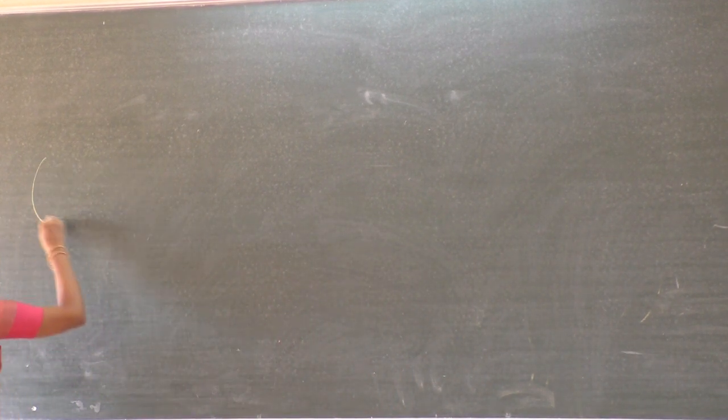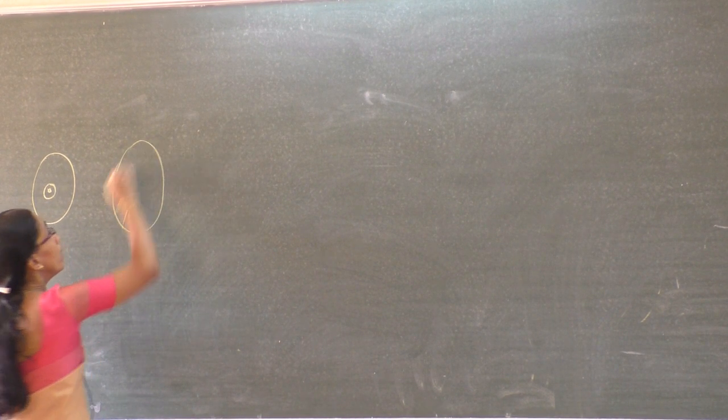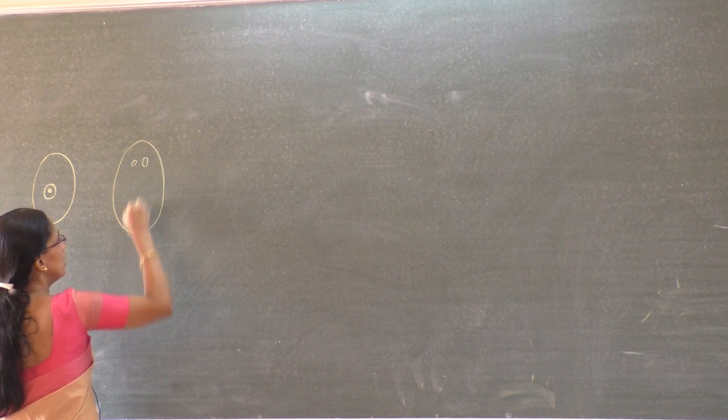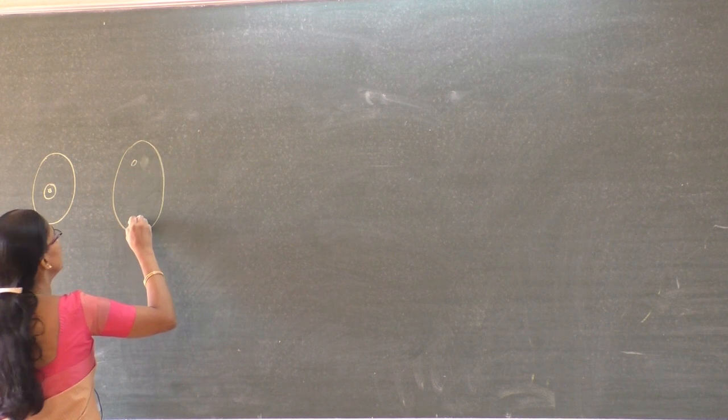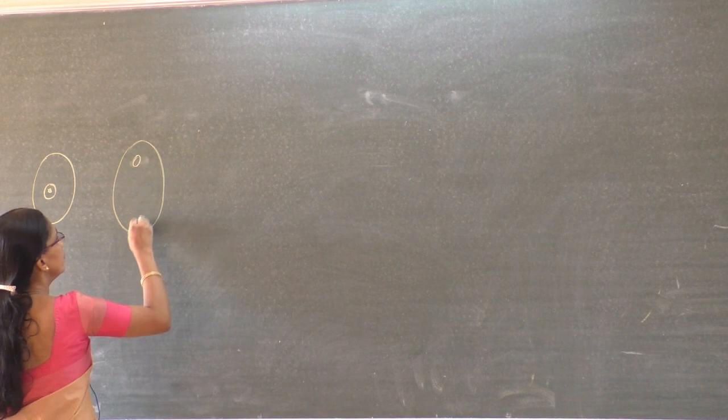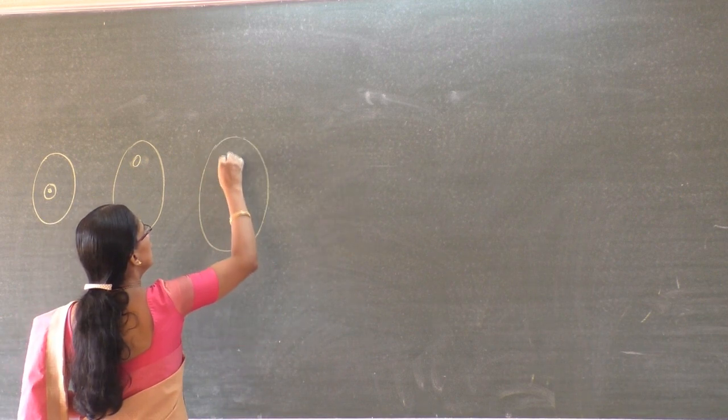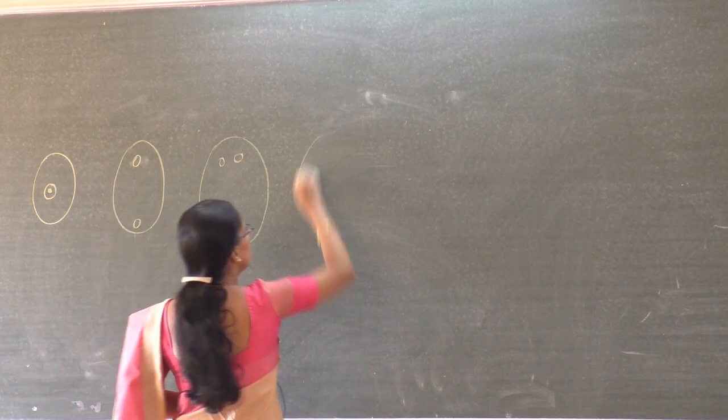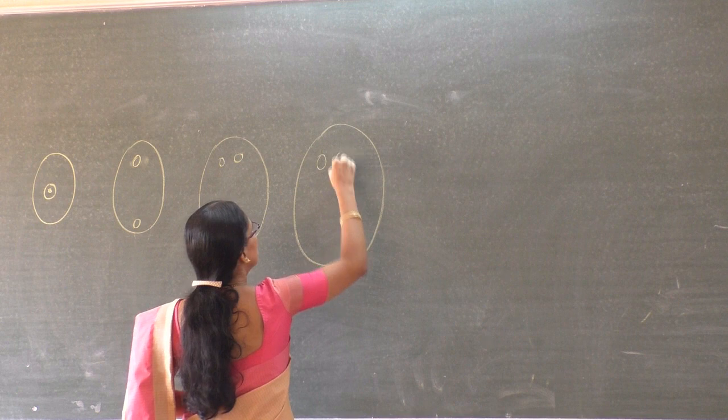Now imagine, what is this? This is the functional megaspore. It undergoes mitosis continuously 3 times. So the first mitosis results in 2 nuclei. The second mitosis results in 4. Next, one more mitosis results in